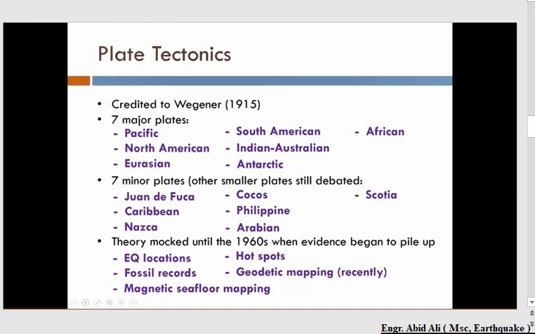I think you should be back now. So after you wrote those down in your notes, in addition to the seven major plates, we also know that there are seven minor plates. So these are smaller plates. They are still kind of under debate. People aren't really sure where the boundaries are, so they have kind of created their own category for these types of plates,